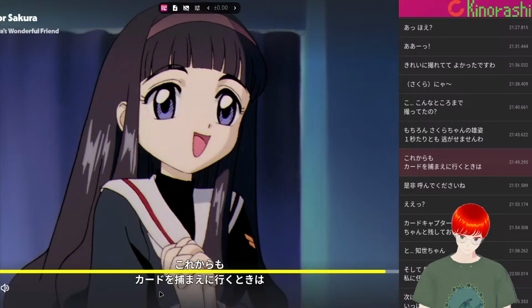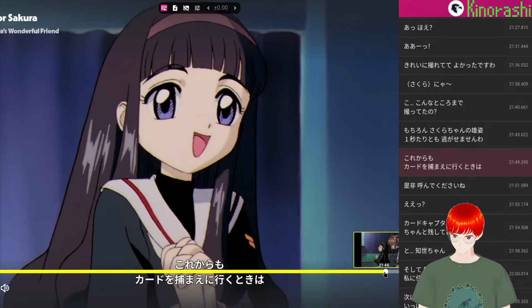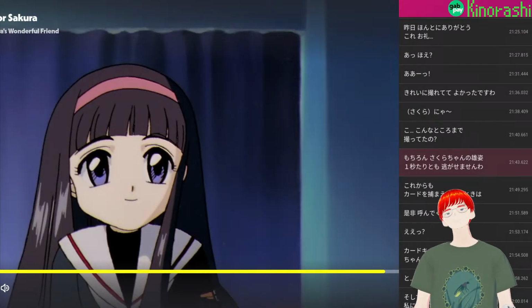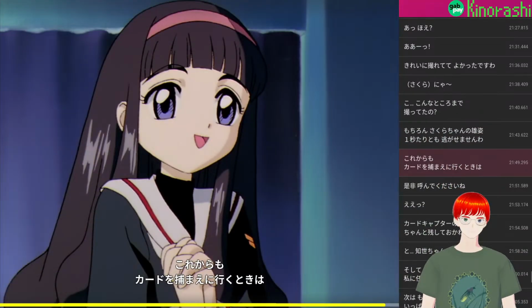So, going to capture a card, toki wa. This toki is how you say when you do something in a sentence. So from now on, when you're going to capture a card,